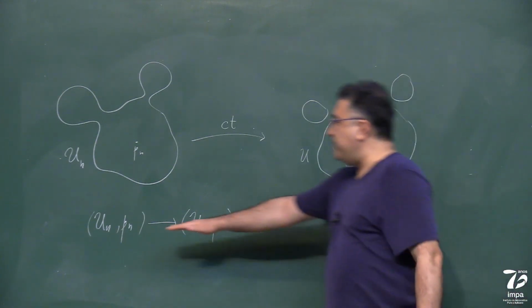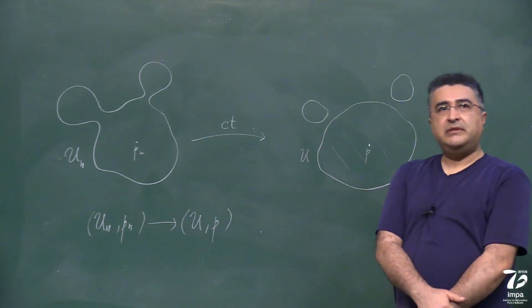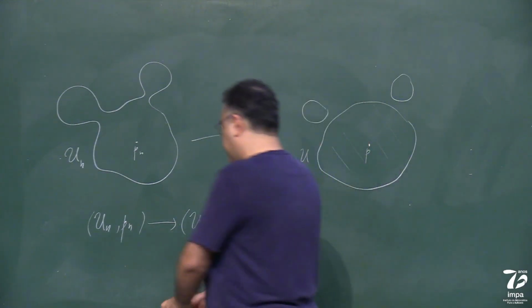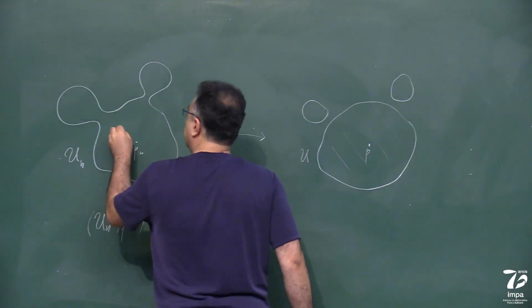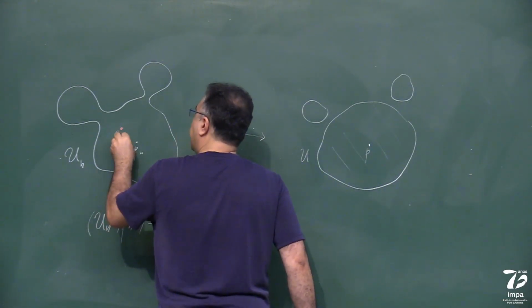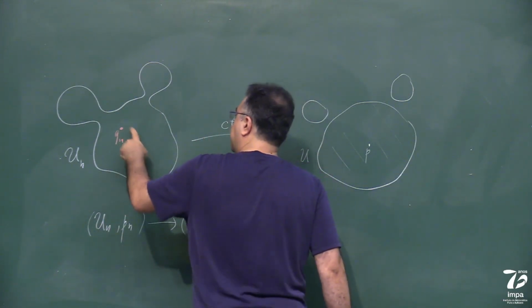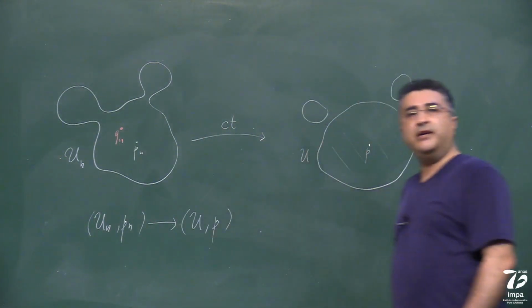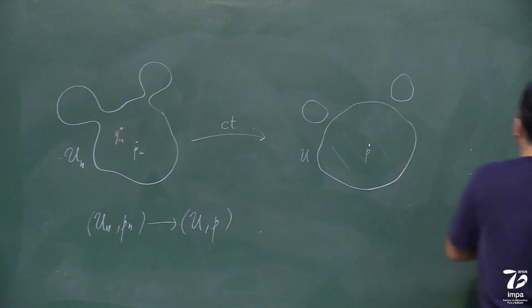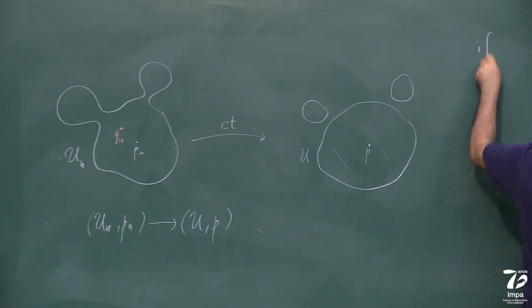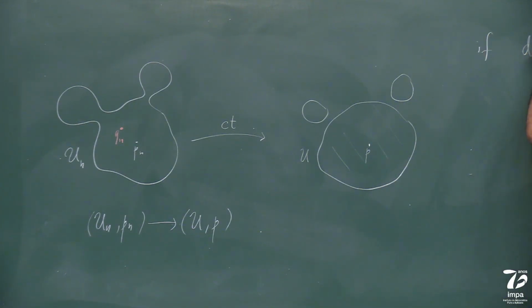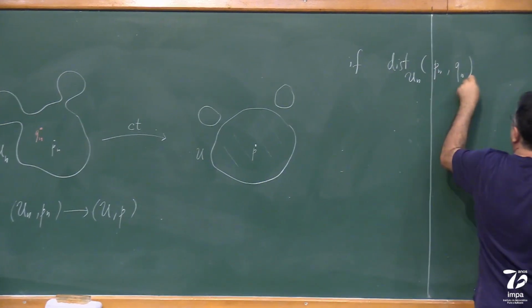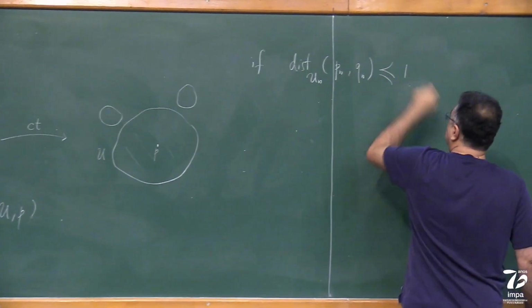So given such a situation, if I change the base point from Pn to, say, Qn, such that the hyperbolic distance in Un between Pn and Qn is uniformly bounded,